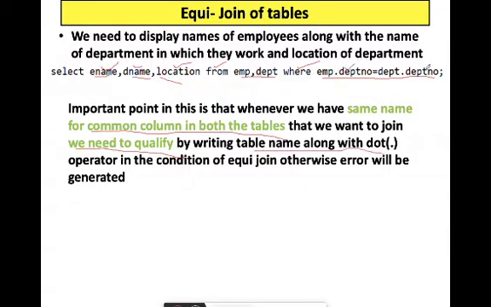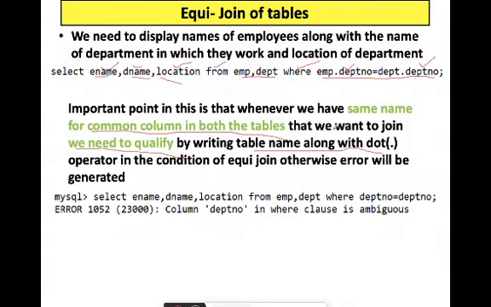Because dept number is in the emp table also and dept number is in the dept table also. So if you write the query as dept number is equal to dept number, it will give an error, as it is giving here: column dept number in where clause is ambiguous. So you have to qualify it.